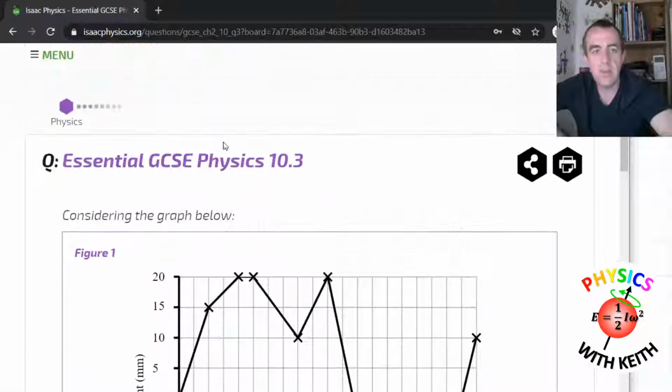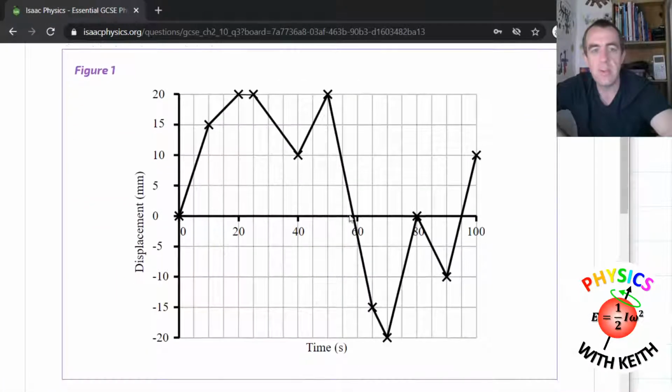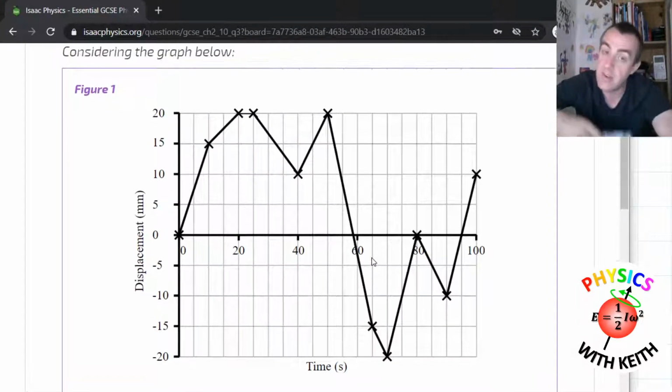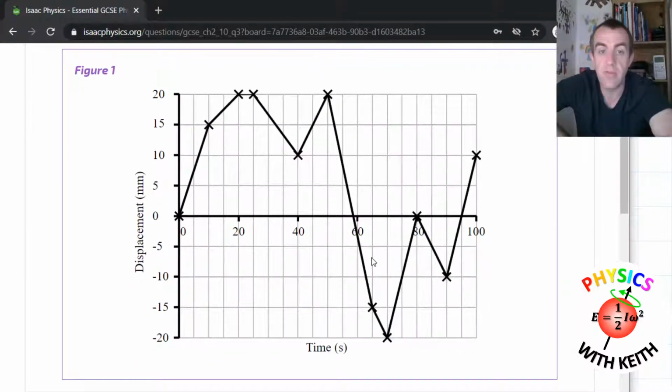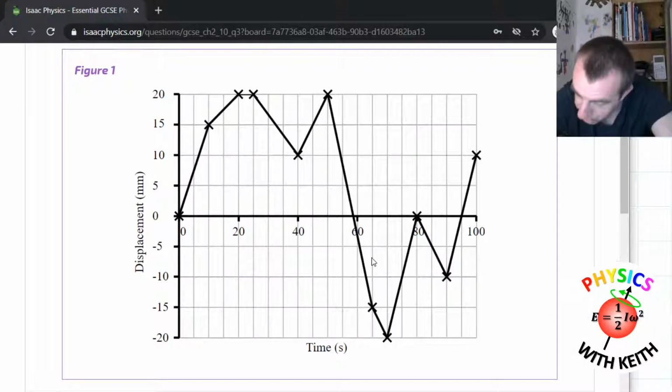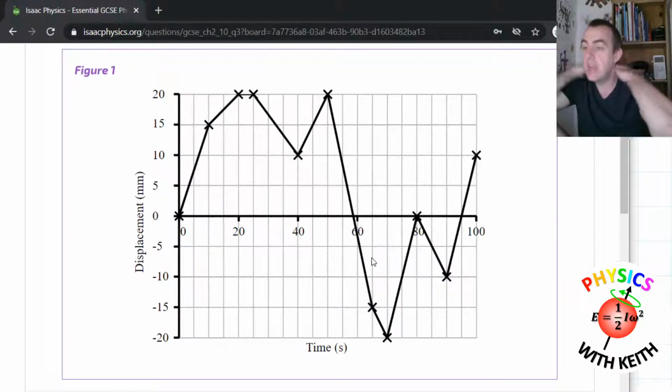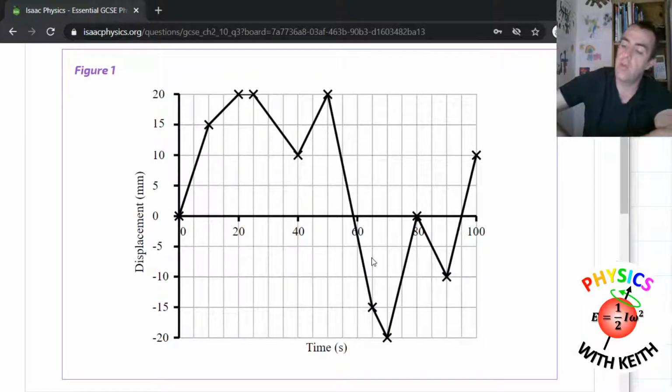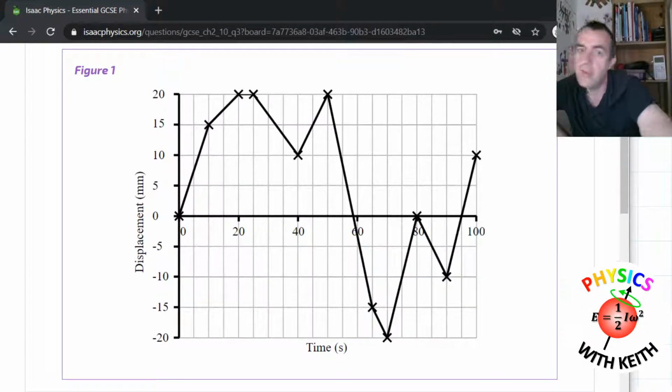So hopefully that's a little bit helpful. That was going through this displacement time graph and how to understand reading data off a displacement time graph. It can be a little bit tricky, especially because with displacement time graphs, displacement is a vector, and so they can throw scalars at you. And if you're not quite sure what vectors and scalars are, don't worry, you can look it up. It's quite straightforward, or you can ask me about it. I can even go through it next week.